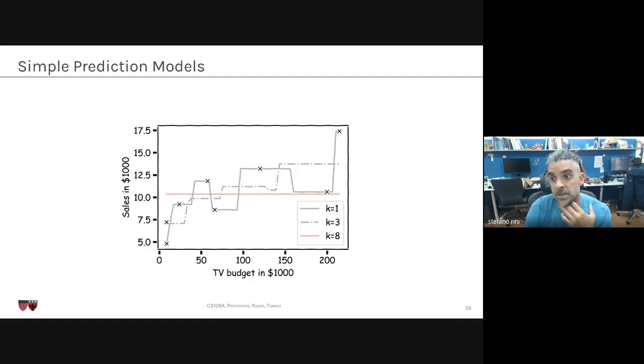But the curve is generally smoother. Why is the curve generally smoother? Because we are taking the average across more points, and you know that averaging always smooths out variations. So in a sense, it's intuitive. Here in the simple example we have 8 elements in the data set. So when I fix k equal to 8, for each budget I take my 8 closest points, and I take the average of those 8 closest points.